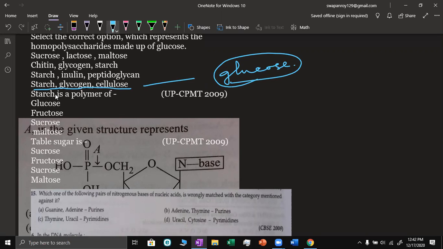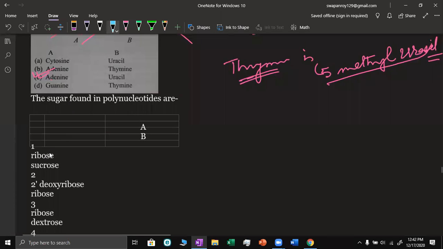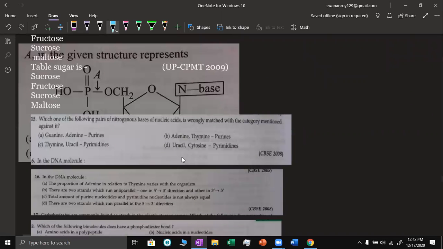A starch. Next question is: a starch is a polymer of naturally glucose, according to this question given. This is one question. This one has been disturbed. Okay, leave it. Our next will be